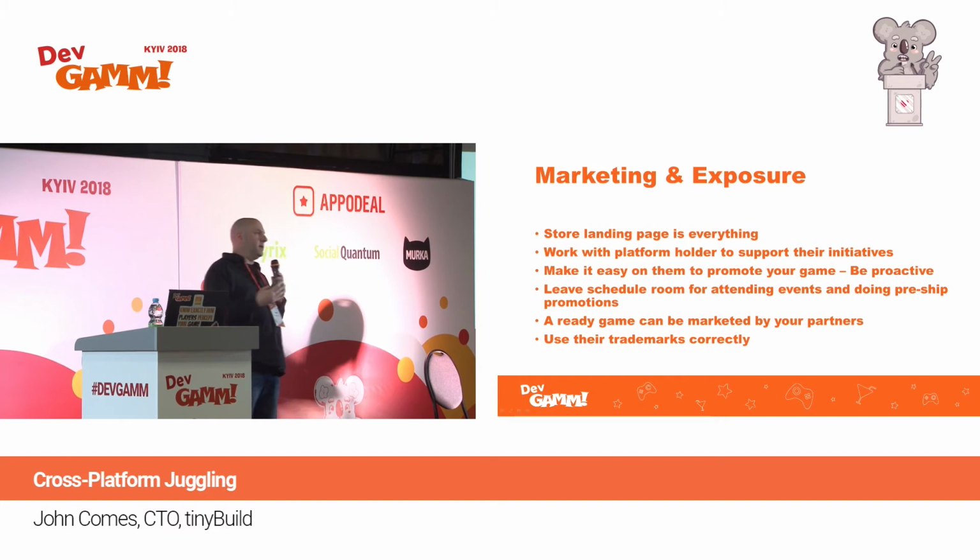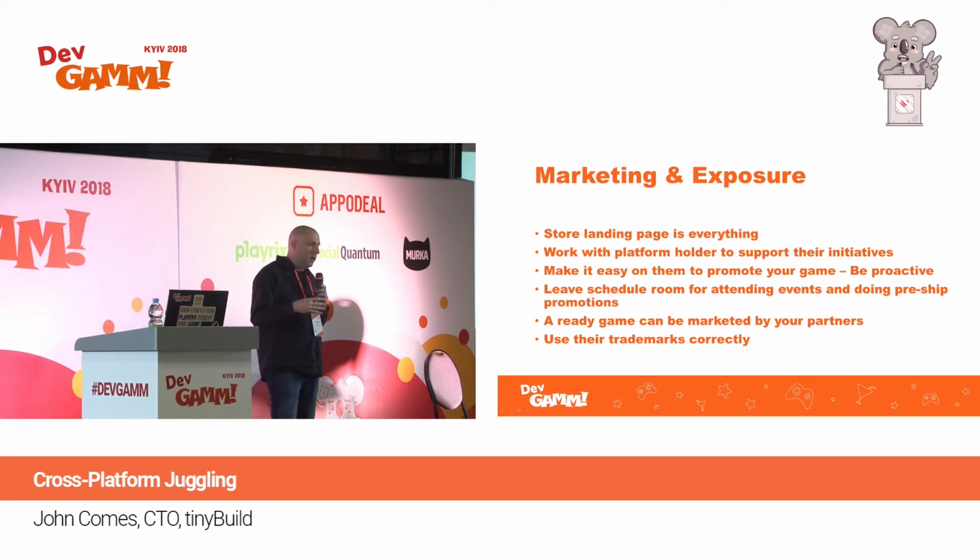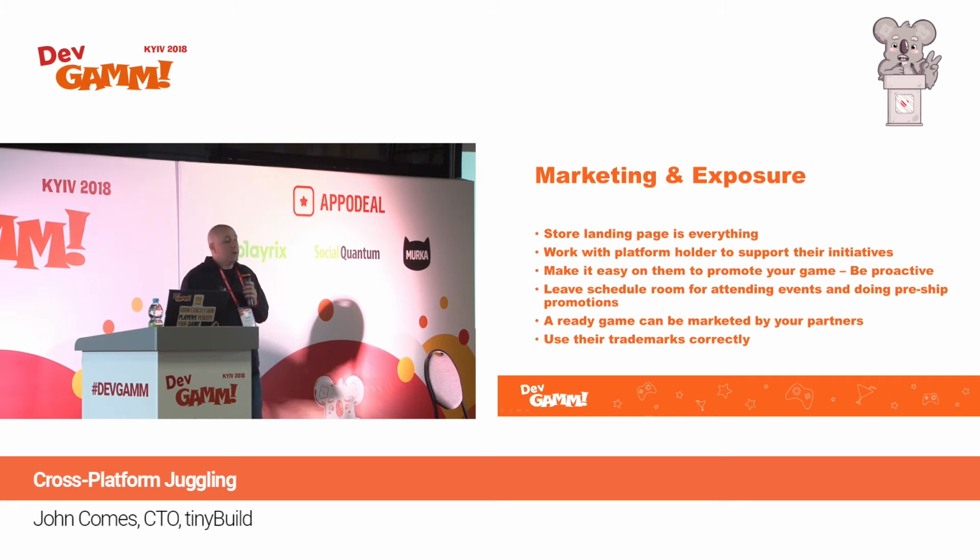The next part I'm going to talk about that's part of production, and one of the reasons you want to go on all of these, is marketing and exposure. Landing on the landing page of any of the stores is everything. You will get most of your sales through these based on whether you're in the Steam carousel, on the Xbox front page, or any of this stuff. In order to do that, they really like when you work with the platform holders for what their platform does. You may not like a Microsoft or a Nintendo or whatever, but think about what they're pushing on their platform and work with them if you want to end up on that front page, because that front page is everything.